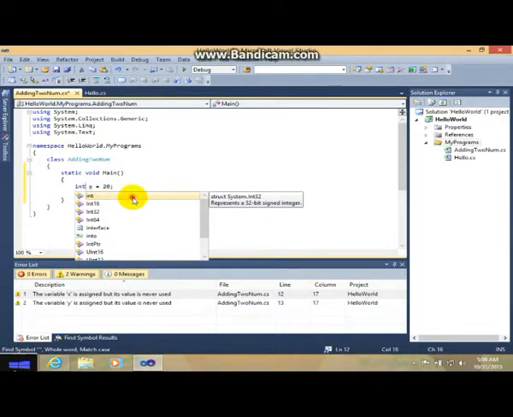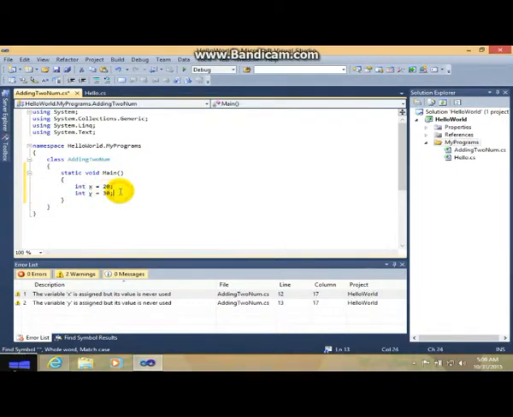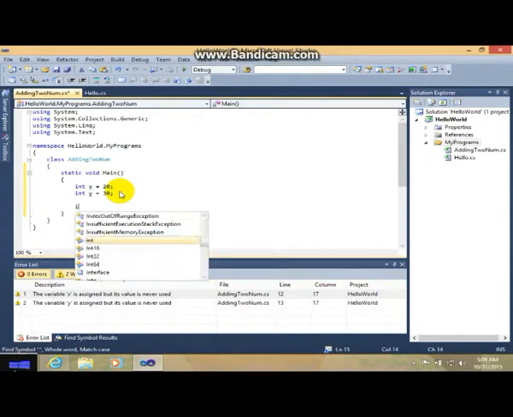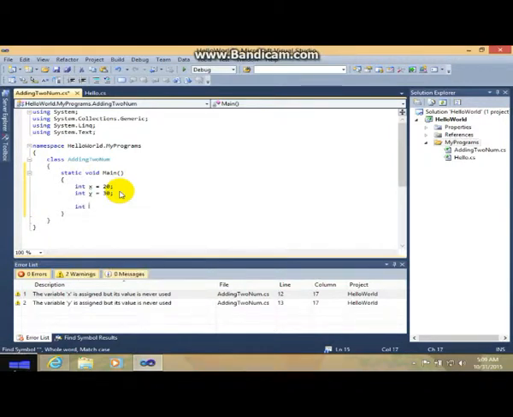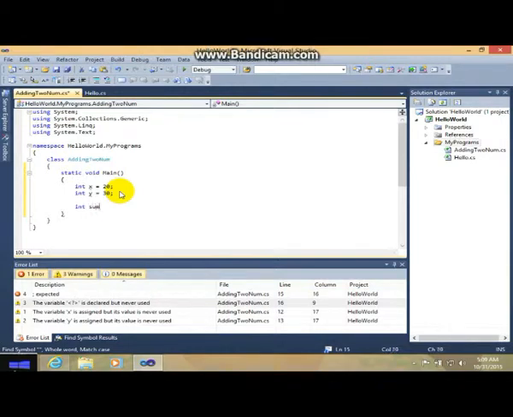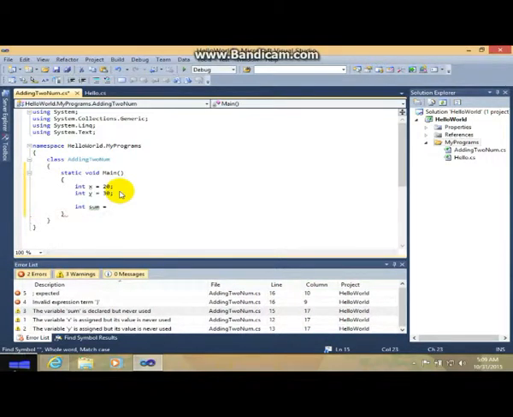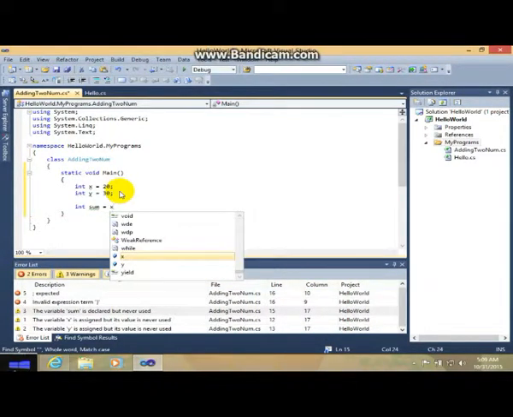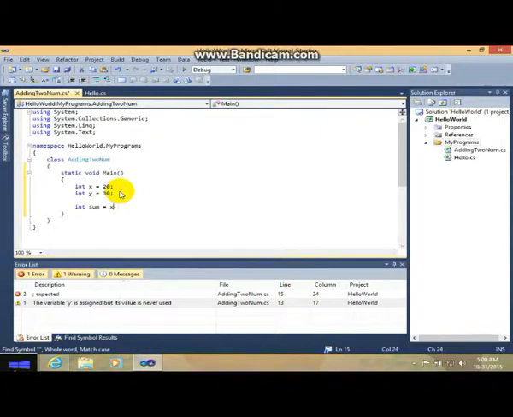Okay, and if you're done with that, the second step is to process those numbers. To process them, you will add the two variables. Now, you will type in int. You will use sum as a variable for the sum, x plus y.